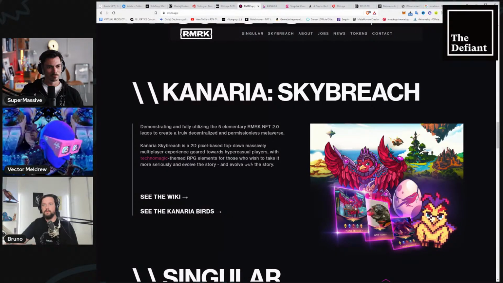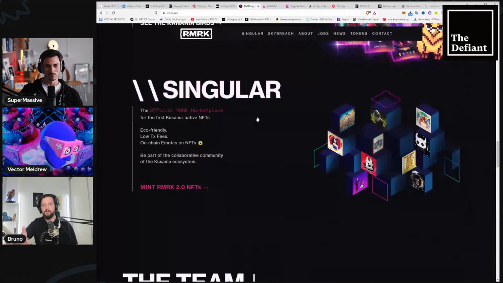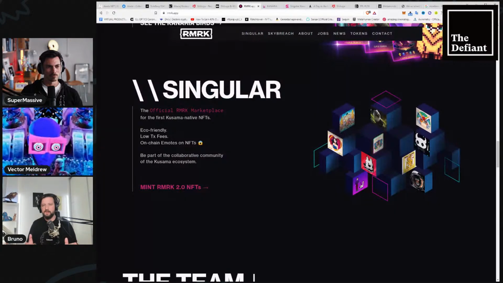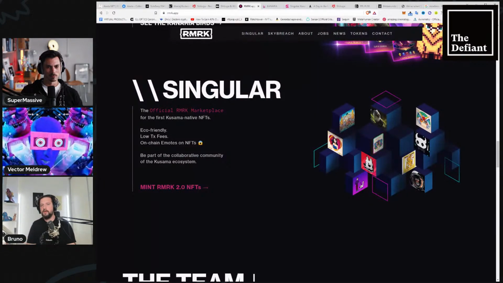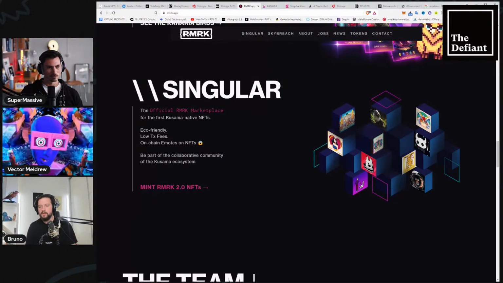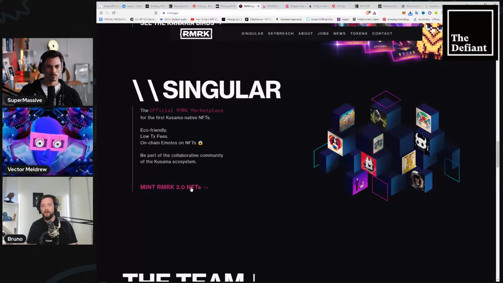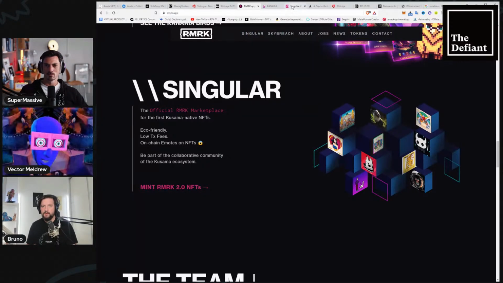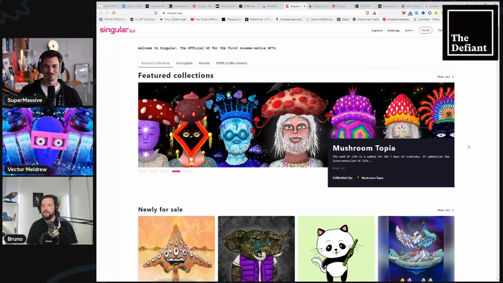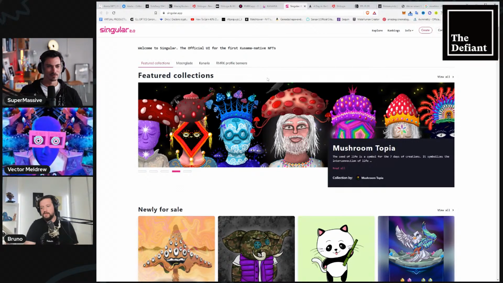So we also immediately co-launched a global item economy of mutually compatible items that span not just Kanaria, but also other collections that can equip them. And this was kind of like a test. Like, can we pull this off? Can this really work in a way that we envisioned? And it turns out it can, and there's a lot of demand for it, and people have launched really wonderful things on this. People use this as an inspiration for anything from composable PFP avatars that look like you've been tripping on shrooms, like Mushroomtopia that you see right there on the screen, to stuff like